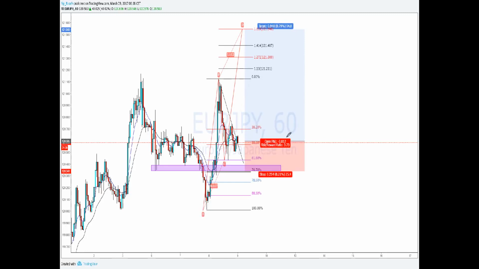No, I don't use it that often, but I do use it. But the thing is that it's so shallow, I don't really trust it as much as a 38.2. Okay, so for Fibonacci, you need to understand, guys, you can't use it unless you have an obvious move,